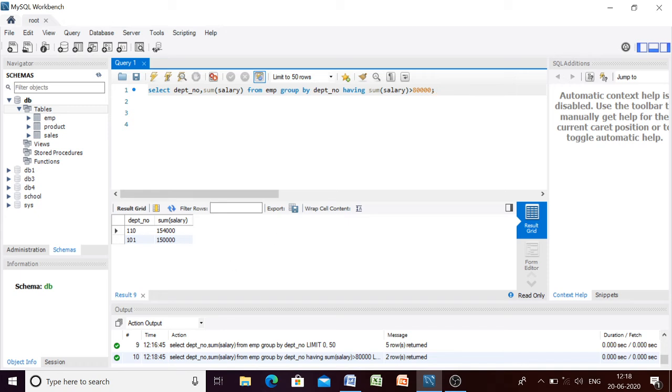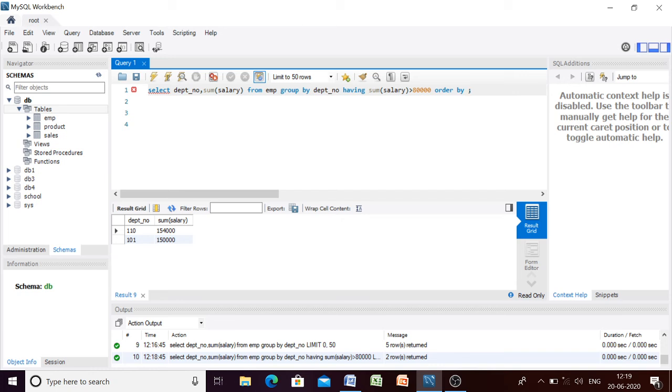What if we want to arrange these in a particular order? If we want to arrange these records in a particular order, then we have to use the order by clause also. Let us arrange this in ascending order of the sum of salary.